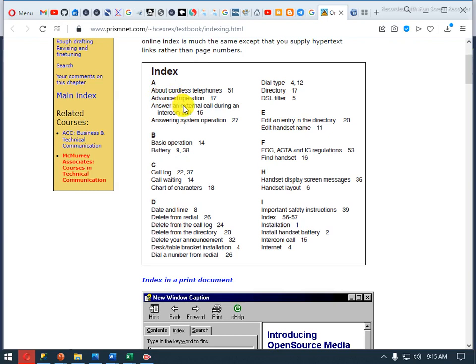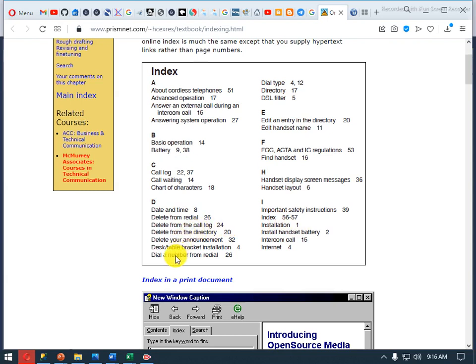If you want to know about installation, it starts with the character I, so you will directly go to the alphabet I. You follow it the dictionary way, and you will easily find installation, INS, on page number 1. So very easily you can go to page number 1. It means you do not have to go through the entire book for a particular term.